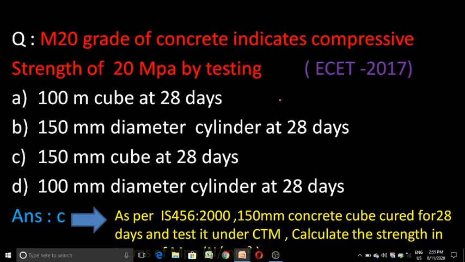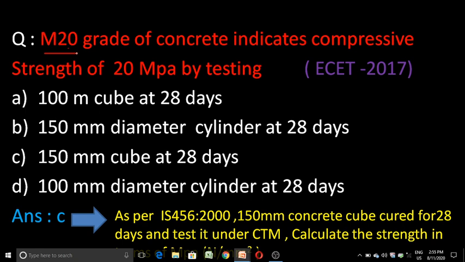In ESE 2007 it was asked: the M20 grade of concrete indicates the compressive strength of 20 MPa by testing. So it is a basic definition. You know what the grade of concrete is. Grade of concrete means M refers to the mix and 20 refers to the characteristic compressive strength of a 150 mm concrete cube which is cured for 28 days. After that we go for testing, and whatever value is obtained, suppose you obtain 20 Newton per mm square,